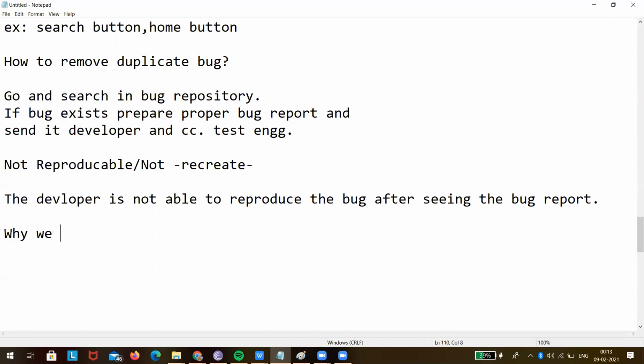So why do we get a not reproducible bug? Because of something called environment mismatch.